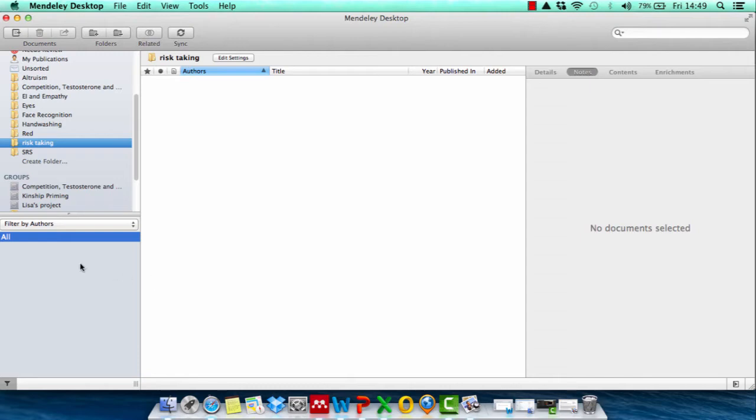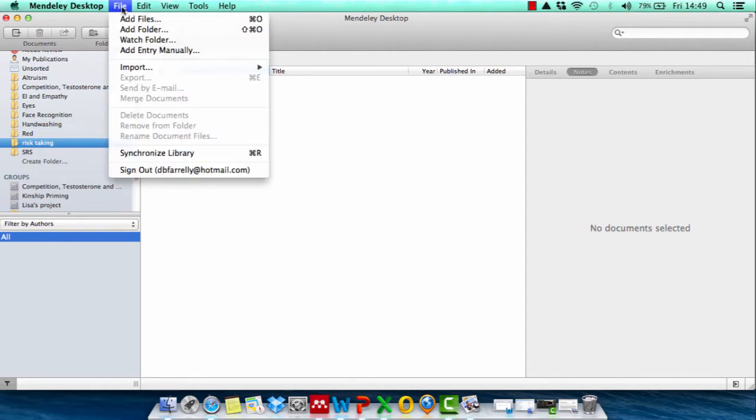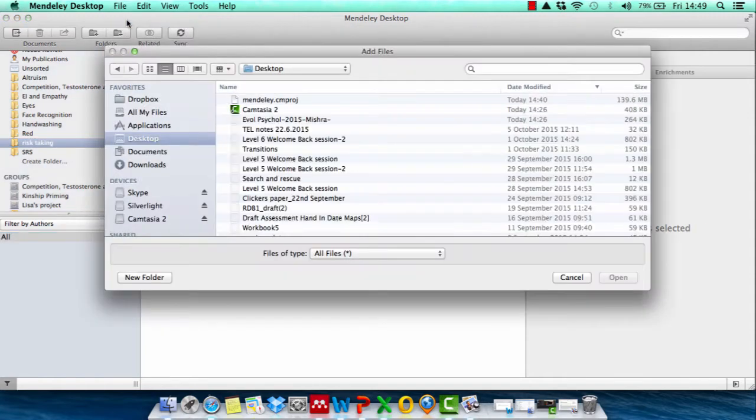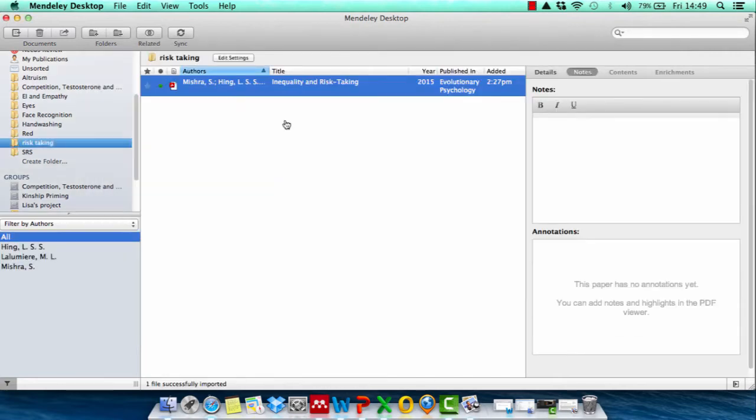So here I am back in Mendeley. I want to get that article in there. So go to File, and go to Add Files. And looking at my desktop, here it is here. So just download it there, double click. Now as you can see,